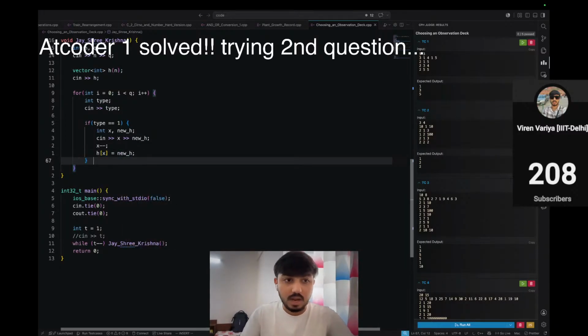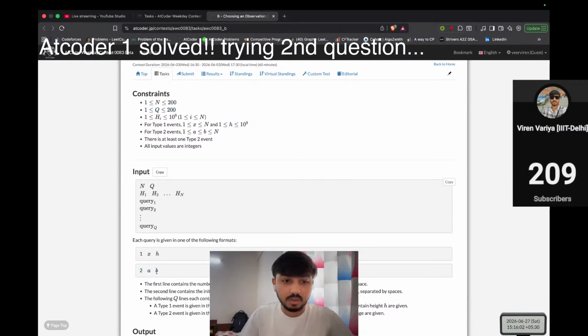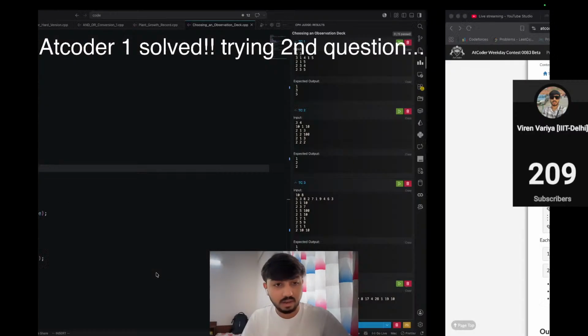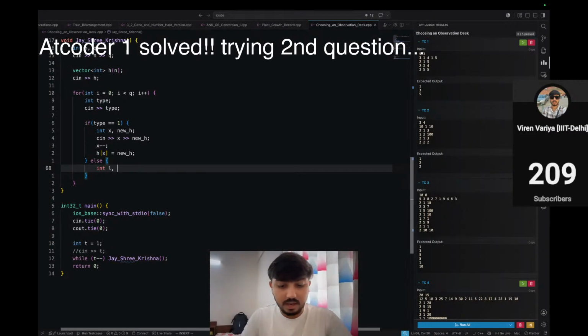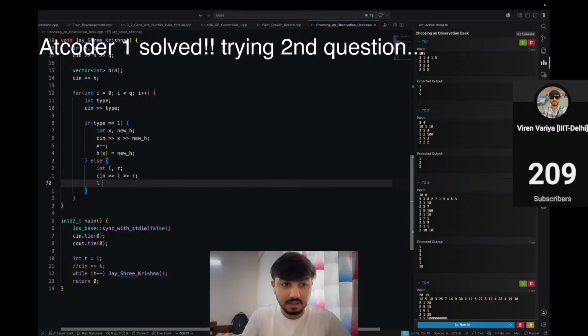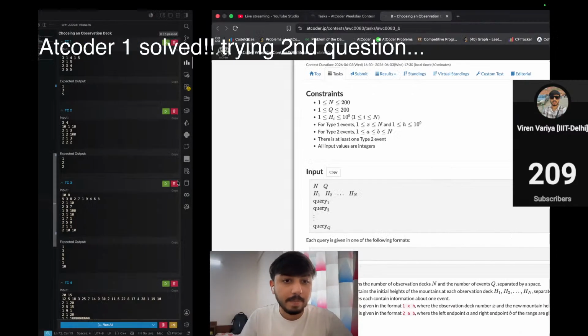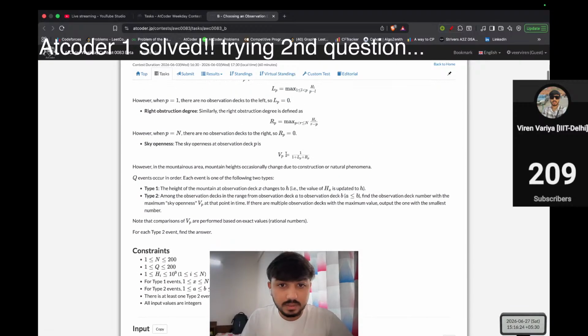Okay. And if it is the second type of query, that means this kind of query, so we'll get A and B. I can call them left and right. We'll start from L and go to R. I'll take L and R, and we also have to convert this into zero-based index. That's why we'll do L minus minus and R minus minus, right? Now what we'll do here is